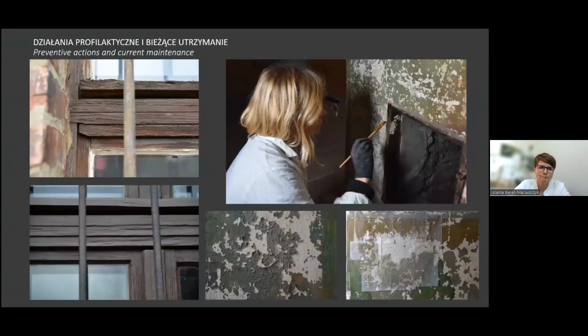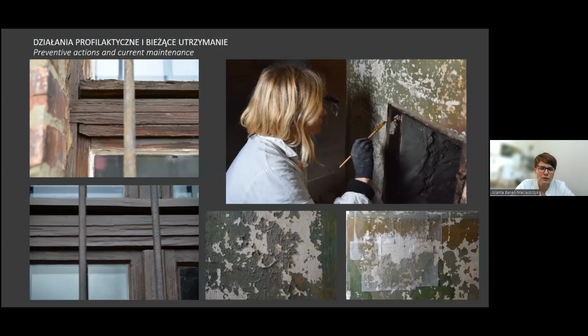What is really important here are the current maintenance works. The buildings require ongoing supervision, and thanks to that, they can last in time and also be rendered valuable to the museum visitors. That is why an important scope of works is so-called preventive maintenance or preventive conservation, which is related to the monitoring of all the objects. So the example of such works can be seen here in the photographs.